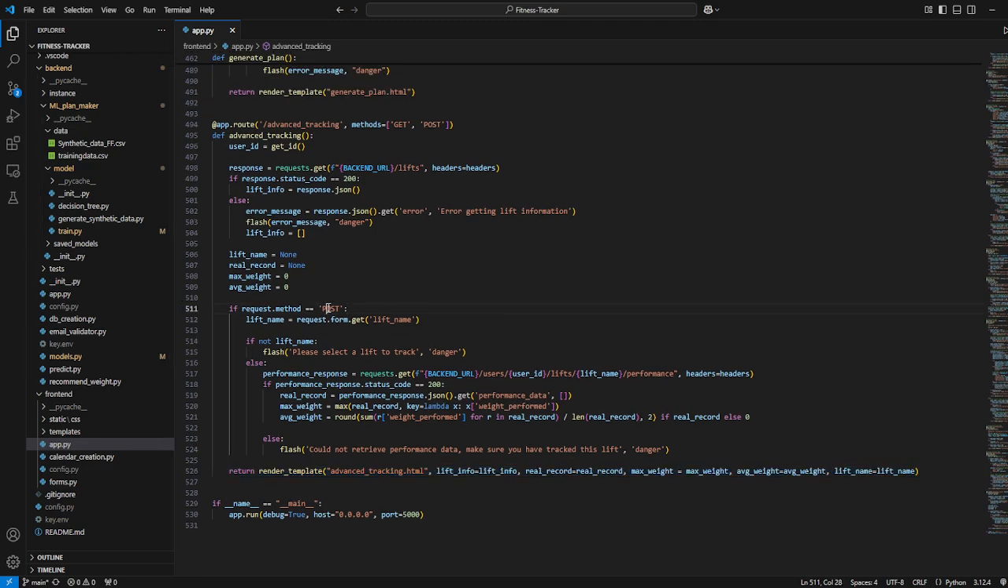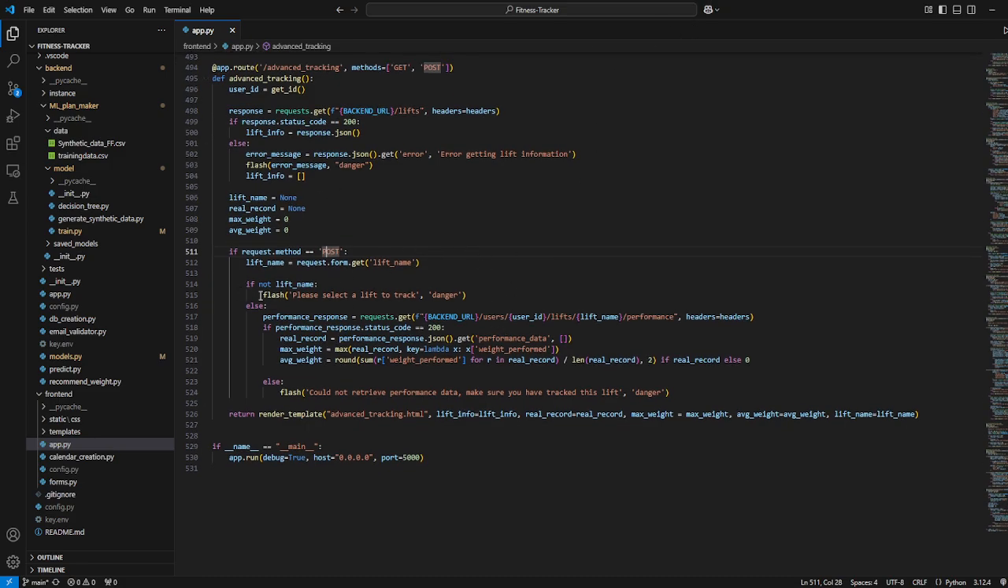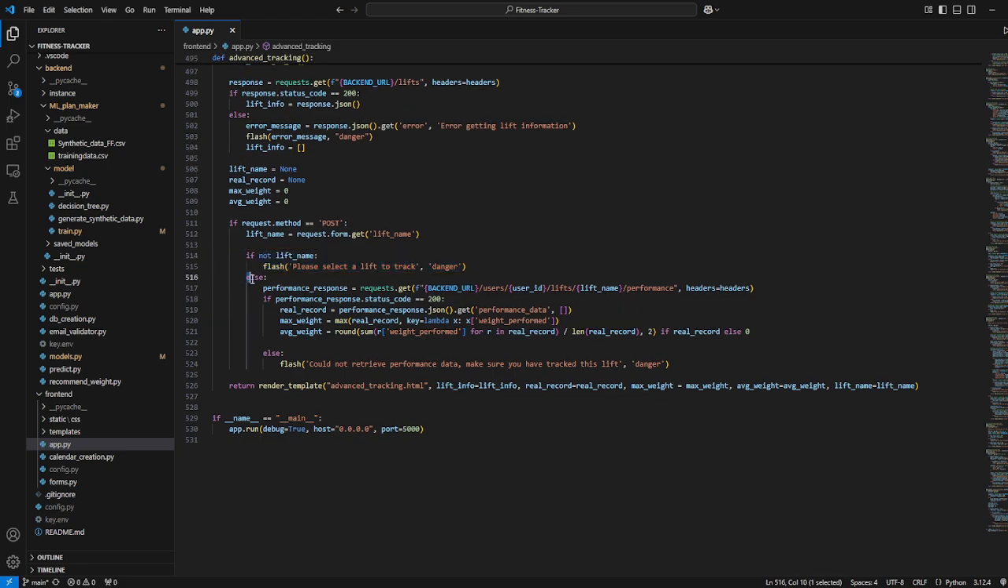And then we're going to have an if request.method equals POST, meaning they clicked the lift that they want to check. We get the lift name from request.form.get. We make sure it exists, or that the lift has been selected, and then we're going to call this user/user ID/lift/lift name/performance endpoint, where we get all of the performance records of that lift regardless of the